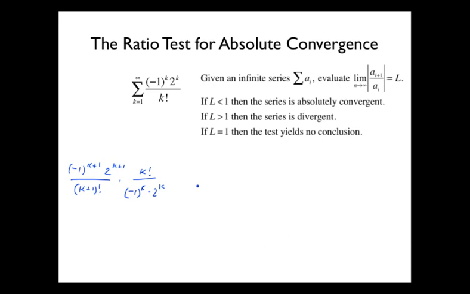And so if we have negative 1, we just have one more negative 1 in the top than the bottom. We're going to take the absolute value eventually. Also, let's do that. So we're going to take the limit as k gets big of negative 1, and then 2 to the k plus 1 over 2 to the k, and a factorial over